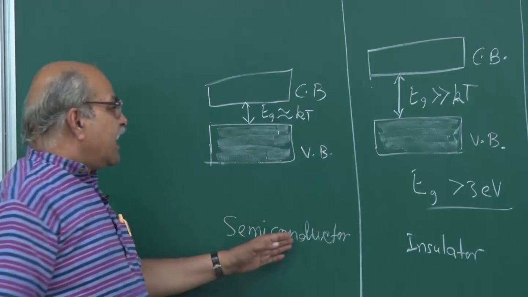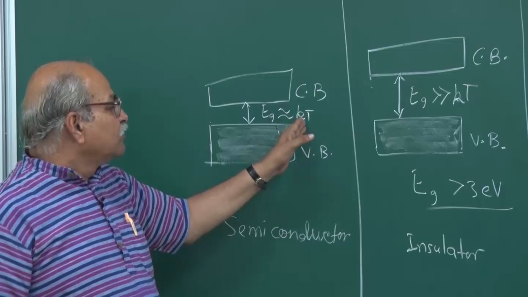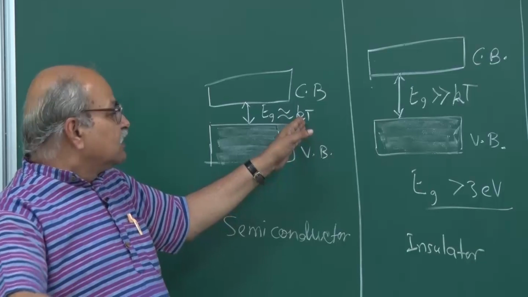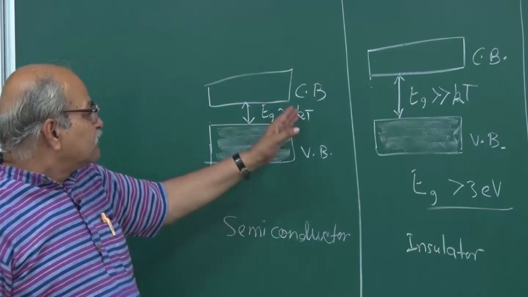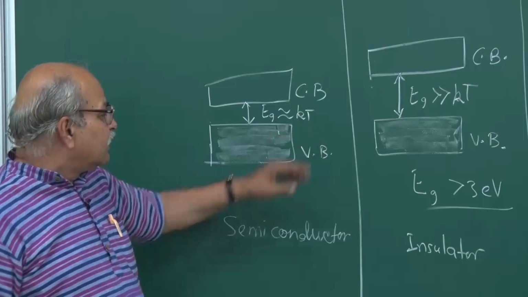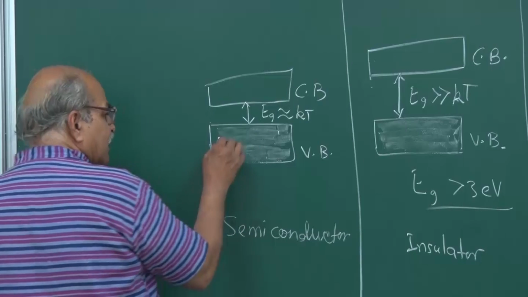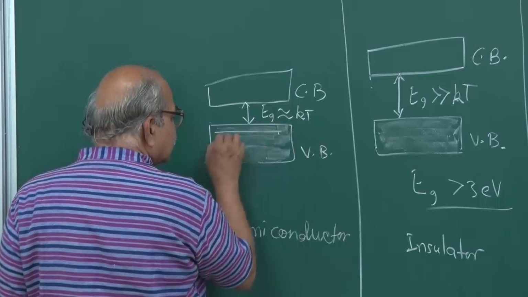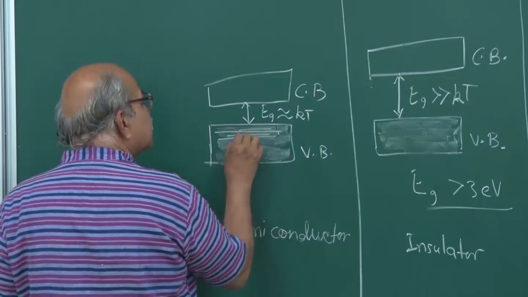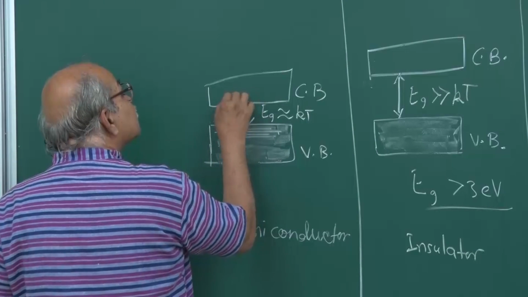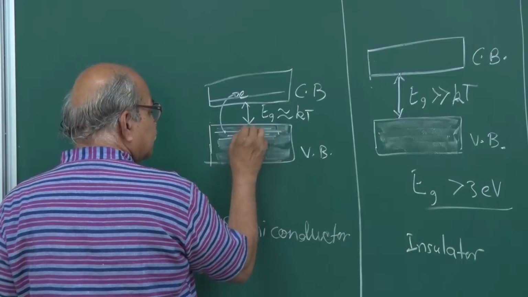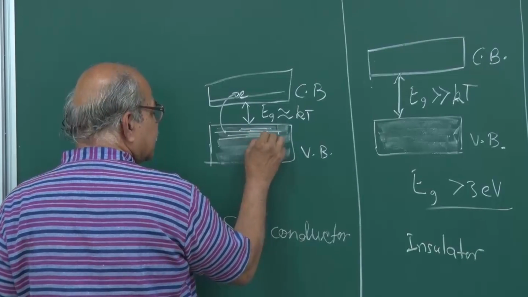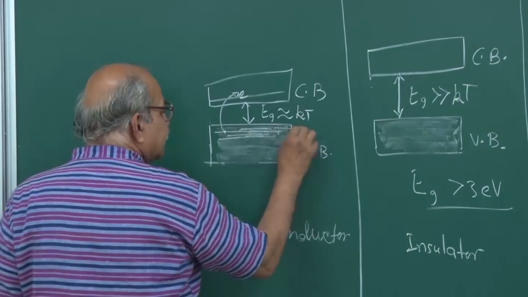This is because at working temperature, at room temperature or the temperature in which we generally do all our work, if this Eg is not very large, then through thermal interactions, some of these quantum states may become empty, the electrons going to this and populating these quantum states. So we have empty states here, empty states here, empty states here. We generally call it hole.